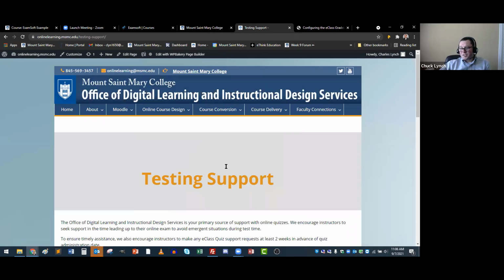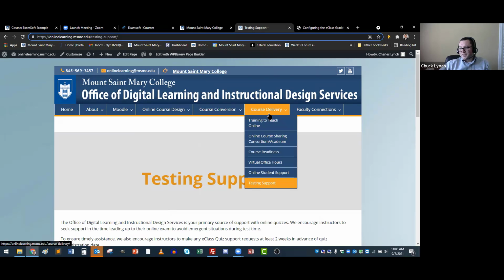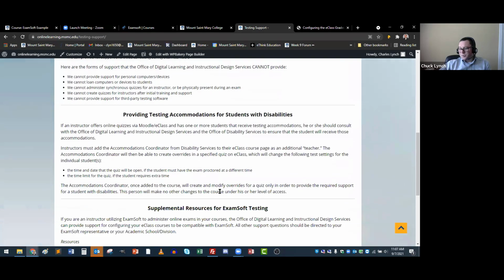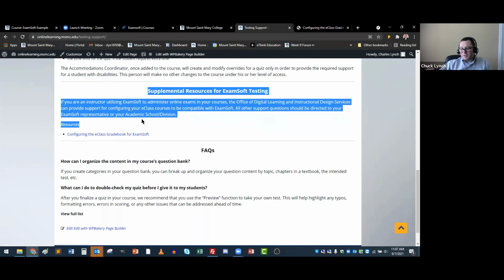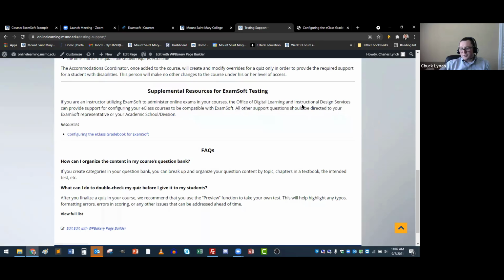Right here on the testing support page of our website, onlinelearning.msmc.edu/testing-support, the last slash is not necessary to get there. It is in our course delivery tab, testing support. Underneath here, we have supplemental resources for ExamSoft testing. Briefly, it explains that as long as your course is in ExamSoft, it can be linked, and then the grades can be passed back using a specific